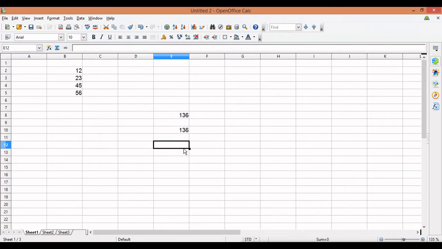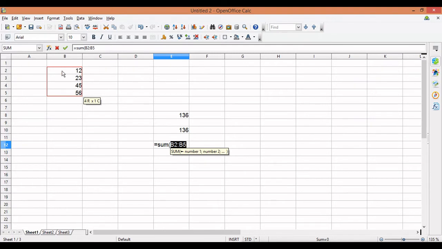Now the third way to do the same thing is to use the cell range, and it is always better if there are more cells for which you want to do the calculation. It's better to use a range. So how to use a range? Use the same name, sum, and then you can select the range, or you can write the cell address. The first cell address is B2.